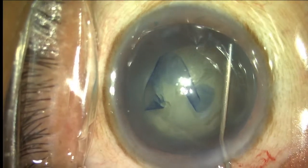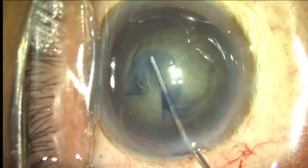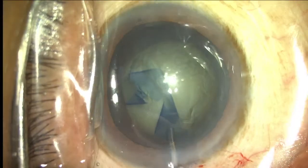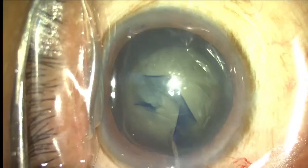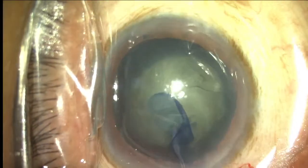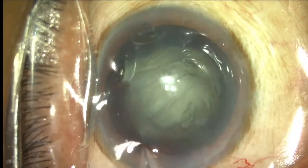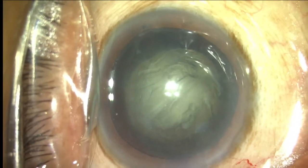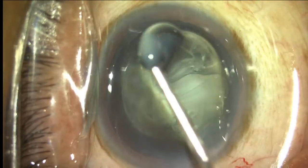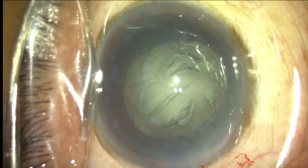So very gentle hydrodissection. And you can see the posterior wave and rising of the nucleus. And I'll be gently rotating the nucleus. So I'm using the Signature Pro phacoemulsification system. And my parameters are